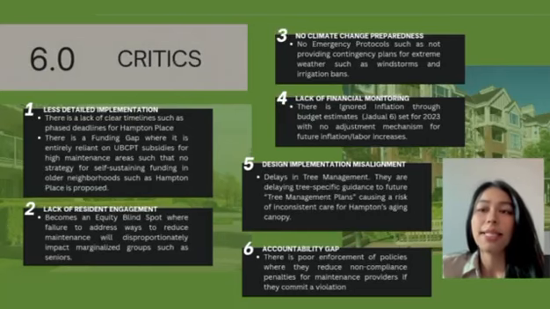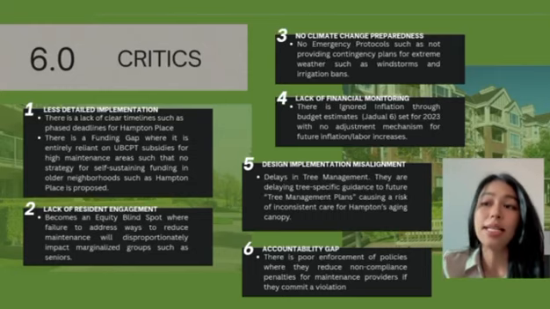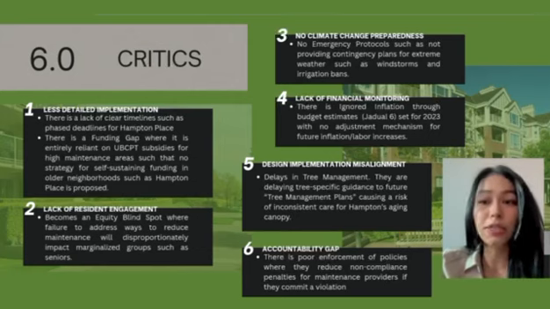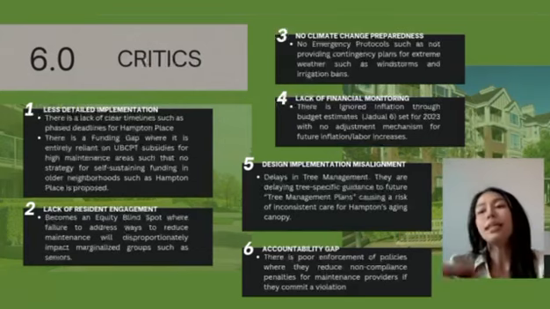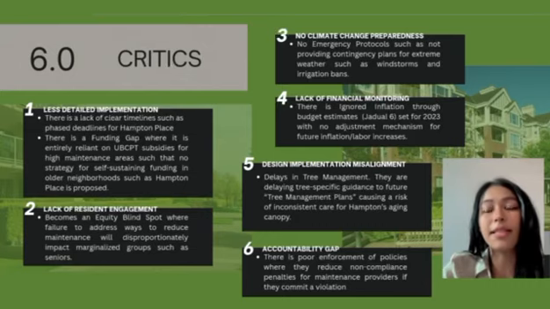Okay, while the current landscape management plan establishes a solid baseline, our group identified 6 critical gaps during our evaluation. First, there is a distinct lack of climate change preparedness. The plan fails to provide emergency protocols or contingency plans for extreme weather events such as windstorms or sudden irrigation bans. Secondly, we observe a less detailed implementation framework. There are no clear phase timelines or deadlines specific to Hampton Place.